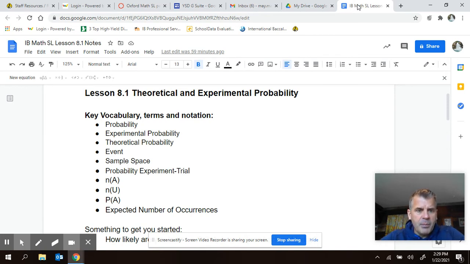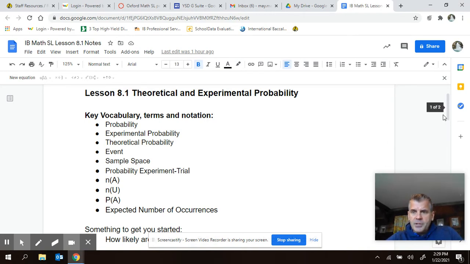So let's just look at a couple of these things. First of all, I got to tell you, probability is a blessing and a curse. It's a blessing in that it's got a lot of fun components to it. And then there are parts that are not so fun because it's kind of counterintuitive to an extent, meaning that your gut instinct is not necessarily the rule. A lot of times in math, you have that gut instinct about things, and you're mostly right. With probability, it can certainly turn you around. So keep that in mind. That even goes for the experts. We have trouble sometimes with working through some of these ideas.